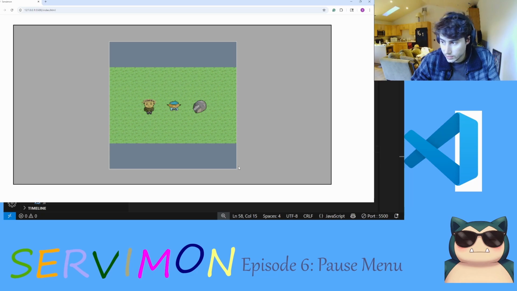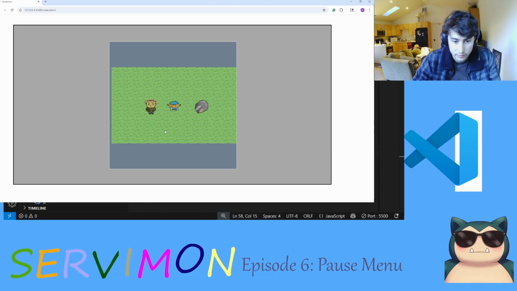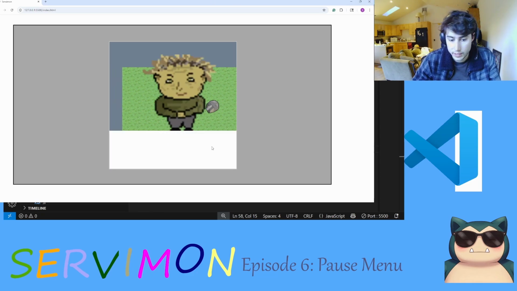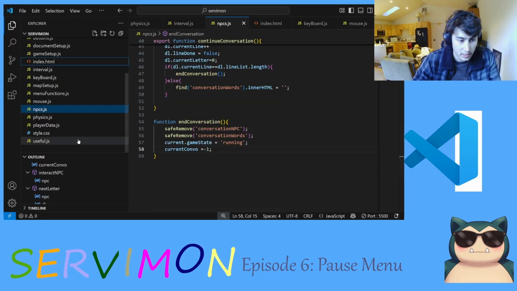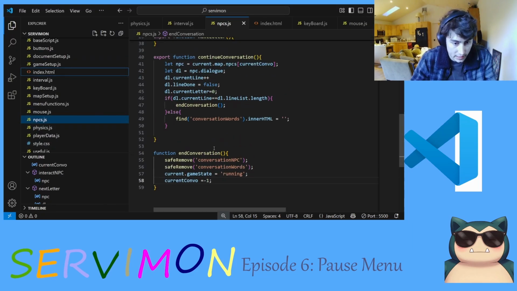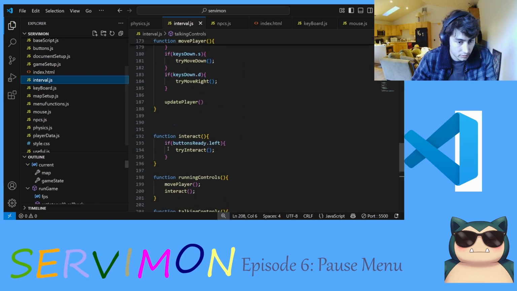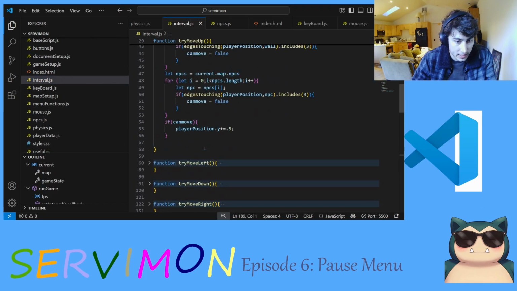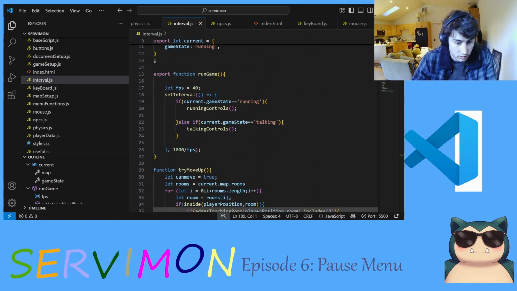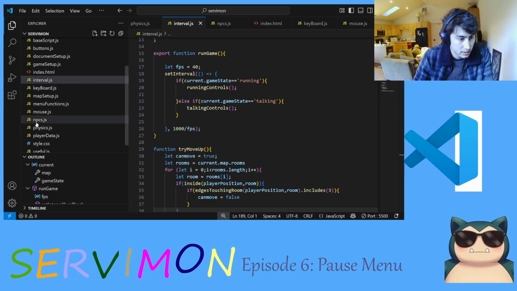And if we just have a little menu button here to press, or you can press pause, maybe enter for start. That's how Pokemon is on a lot of emulators. But in any case, we're going to add in this menu button as the first means of pausing the game. So of course the game state goes to talking right here. We can have the game state be menu when you pause it, and then in the interval you won't be having the running controls. You'll have menu controls, which probably won't be much of anything. It'll just be buttons. So without further ado,